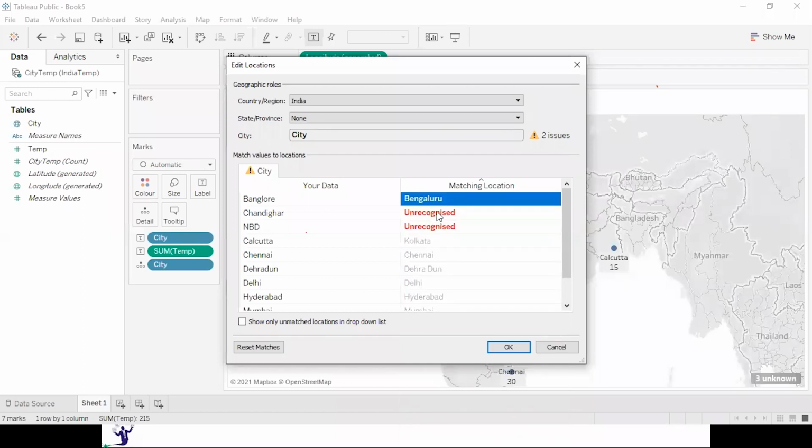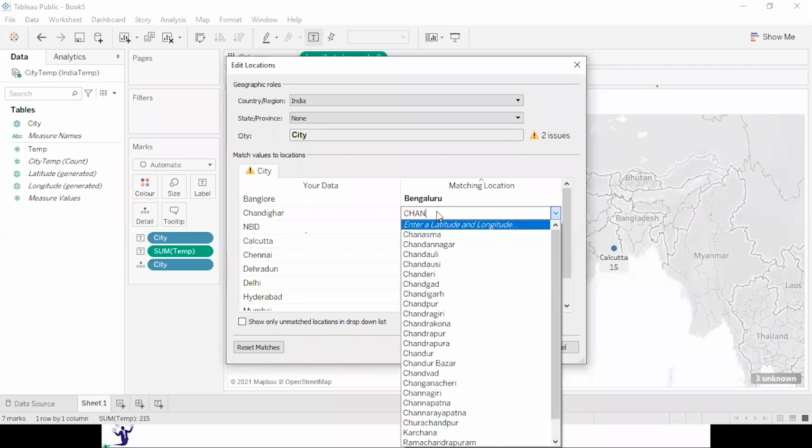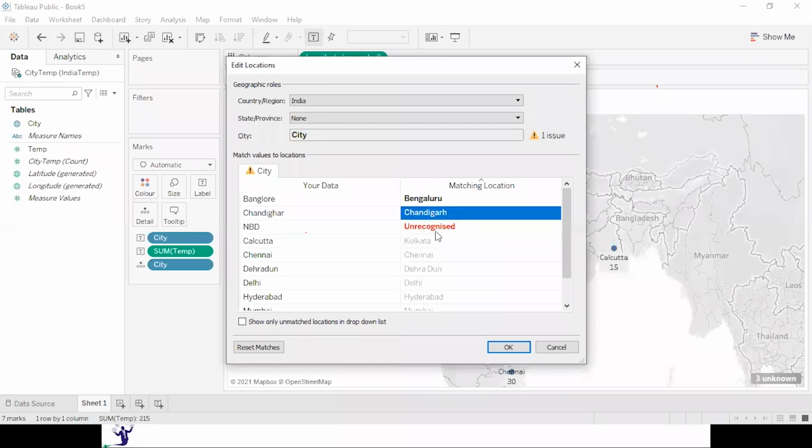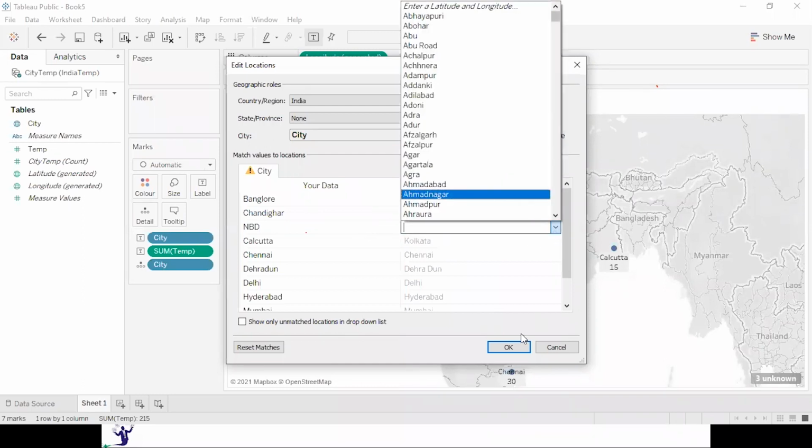It's Bengaluru. Similarly, Chandigarh. Now, if you see NBD, you will not find NBD anywhere because it is a small city in UP state. And in this list also, you will not find this city anywhere.